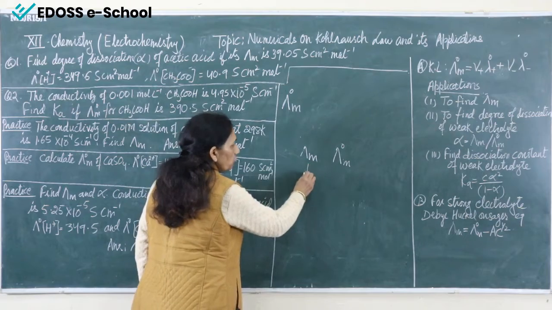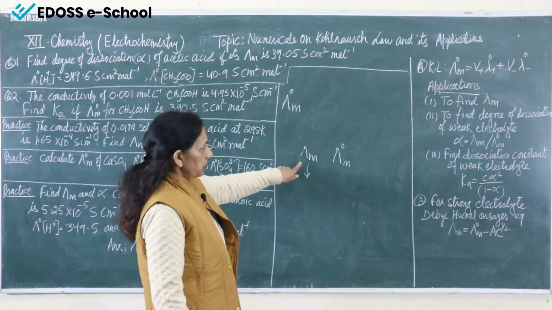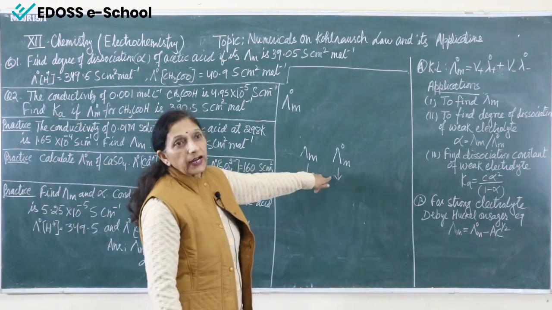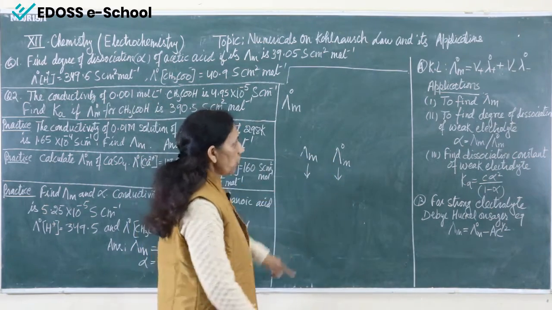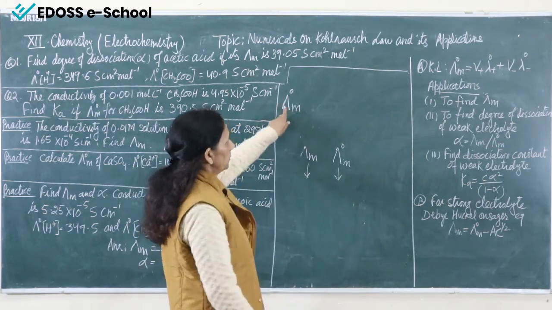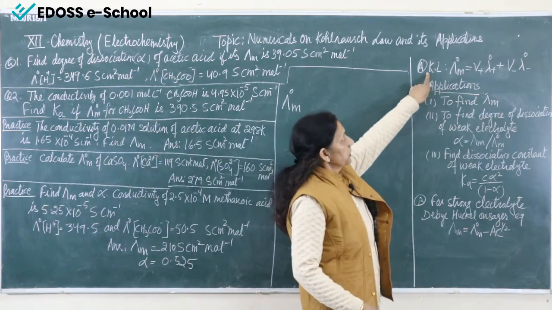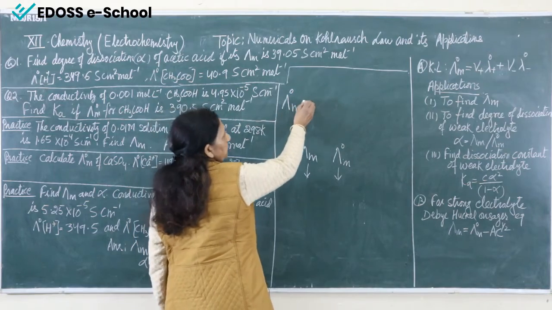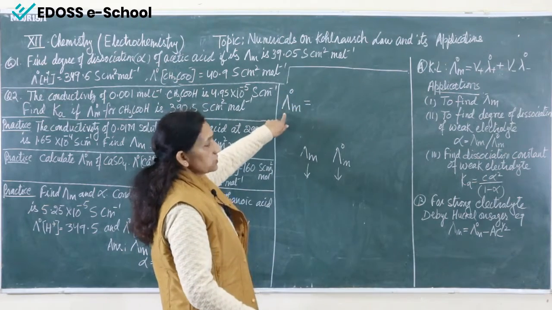This is molar conductivity at infinite dilution, or limiting molar conductivity. So Kohlrausch's law means this limiting molar conductivity is equal to the sum